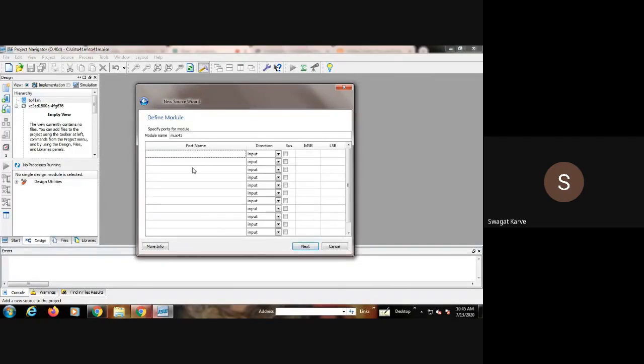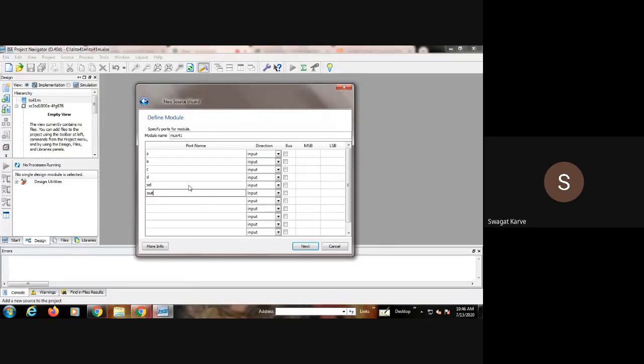Now for a 4:1 multiplexer, how many inputs and how many outputs do you require? A, B, C, D, then select and out. Is this correct? A 4:1 multiplexer requires 4 inputs, then 2 select lines and 1 output.